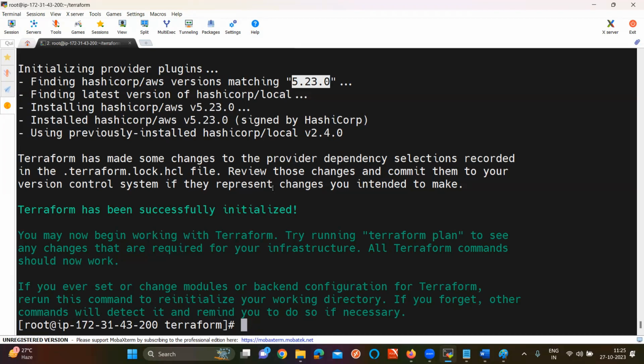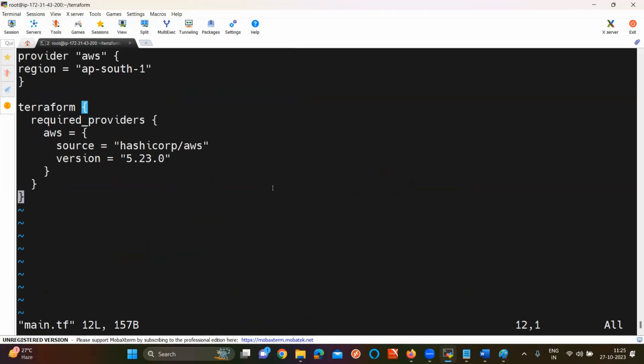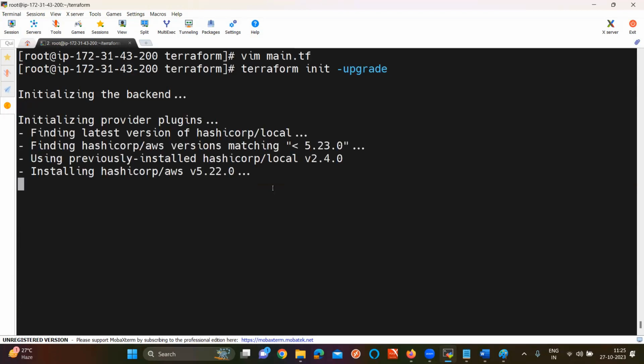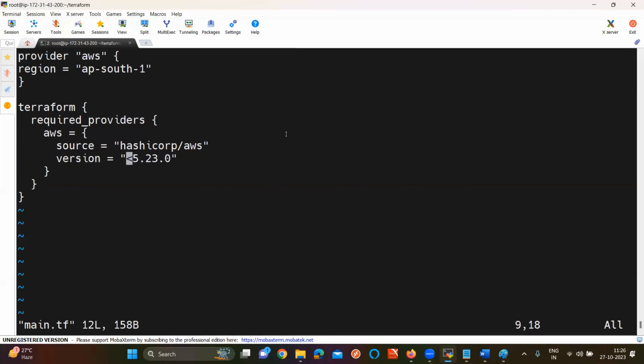Clear now? And you can also perform some mathematical operations like this. If you don't want exactly 5.23, you can give less than 5.23. Less than 5.23 means you can get a lower version than 5.23. 5.22 is coming. 5.22 is less than 5.23, or not, sir? Try it one more time.